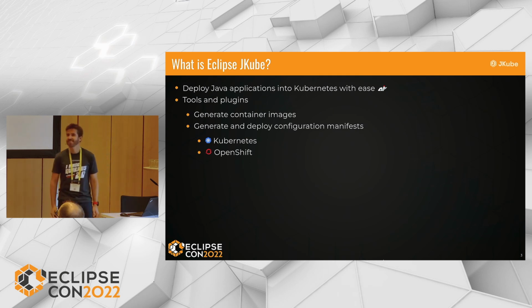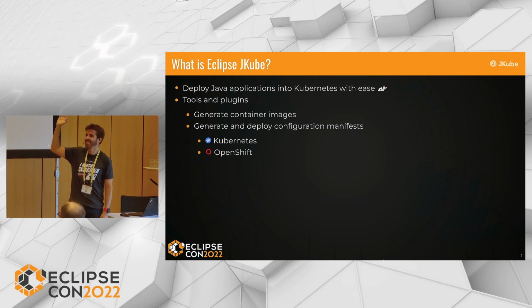So yeah, just to be sure that we're all on the same page, please raise your hand if you know or if you've heard about Eclipse JKube before. Okay. Okay, raise your hand if you know what Kubernetes is or you've heard about Kubernetes. Okay, cool. So that's nice. Okay, so basically,